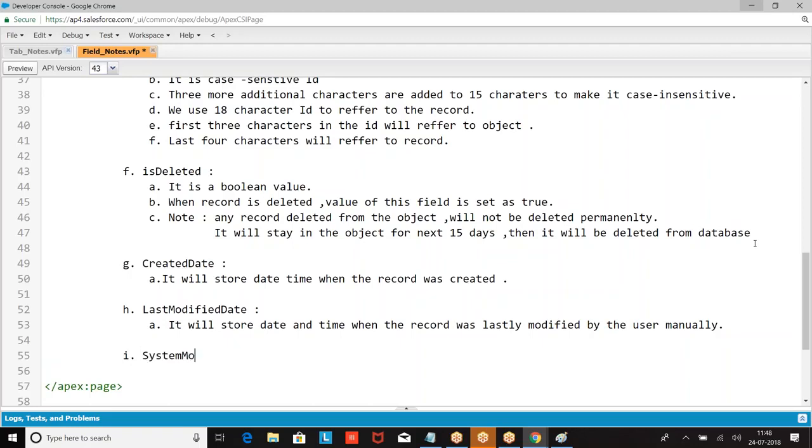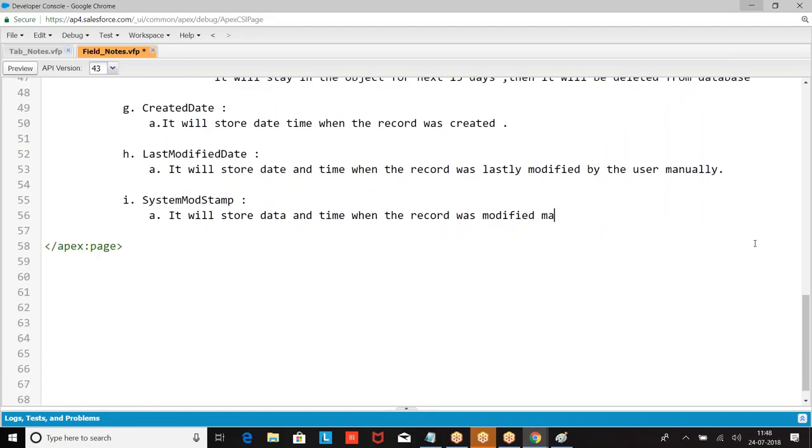System mod stamp. It will store the date and time when the record was lastly modified manually or programmatically, either by user or program.